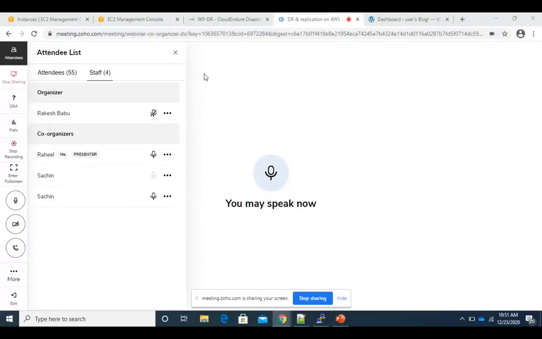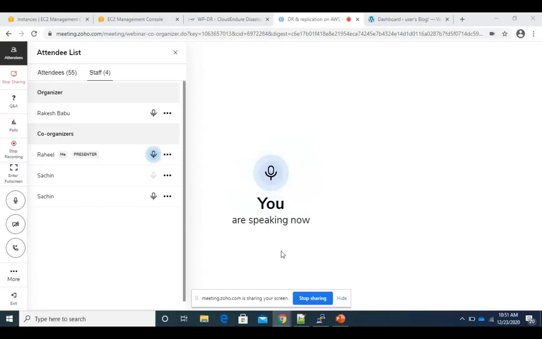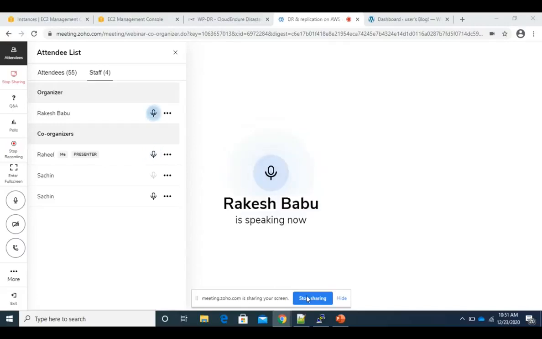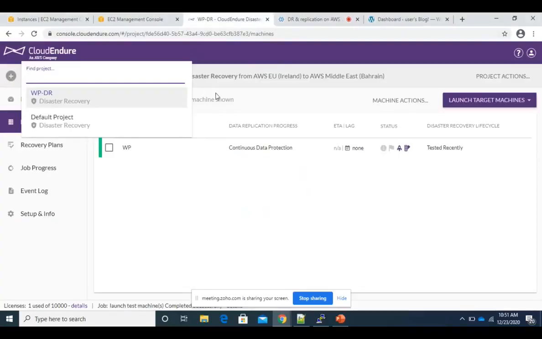Okay, can you see my screen? Yes, we can see a screen, but not the PowerPoint. Okay, what about the console? Can you see the console? Yes, we can see. All right, great.